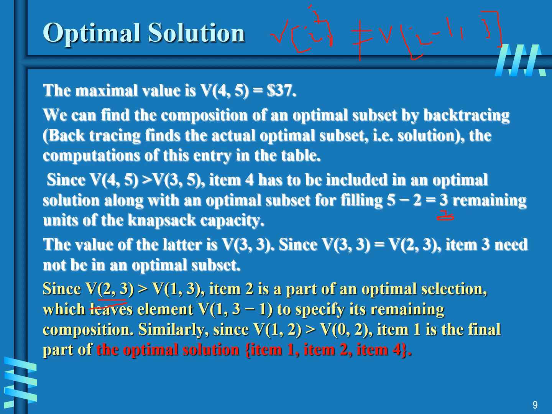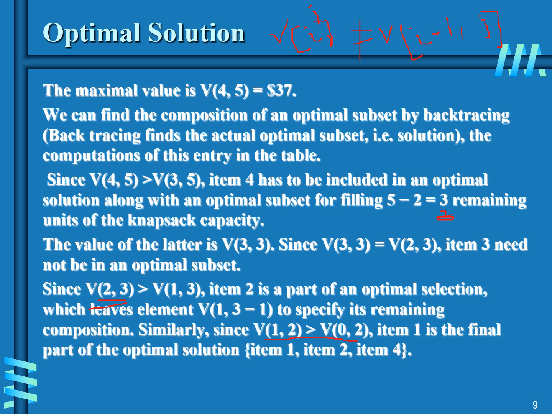Which leaves V of 1 comma 3 minus 1, because the second item weight is 1, and 3 minus 1 is 2. Okay. So item 2 was included, item 4 is included, which leaves the current capacity of the sack as 2. So you have to look at whether V of 1 comma 2 is greater than V of 0 comma 2. Obviously it is true, because there is no item 0. So item 1 is included in the solution, which leaves the current capacity of the sack as 0, which means that the sack is filled. So the optimal solution is item 1, item 2 and item 4 filled into the sack with the maximum profit of